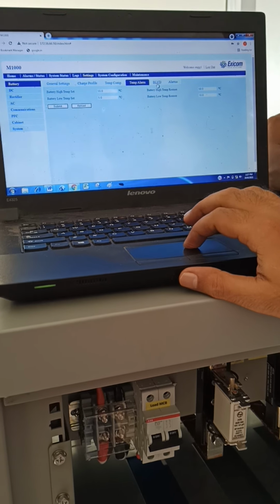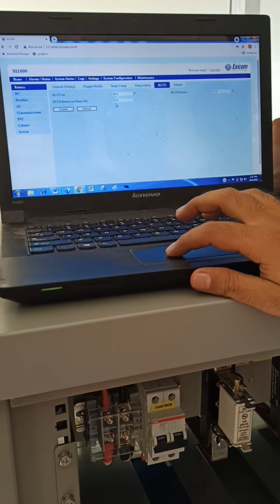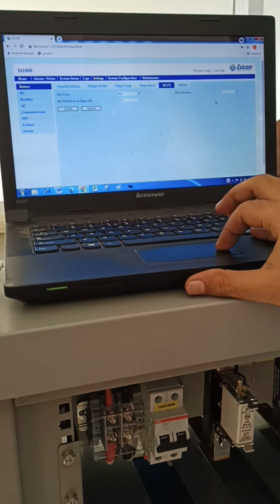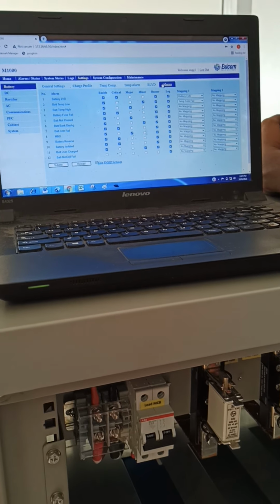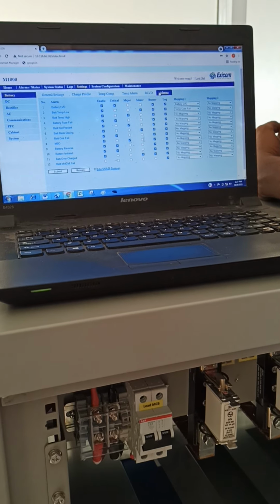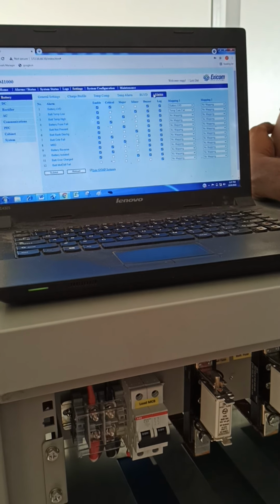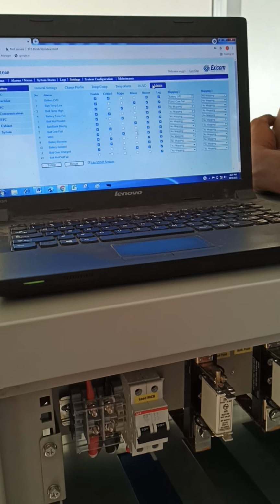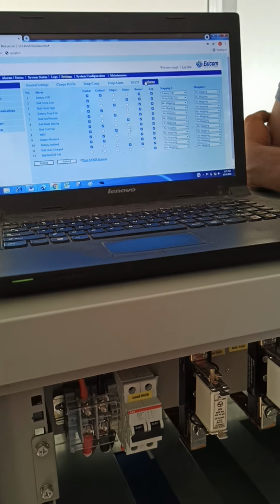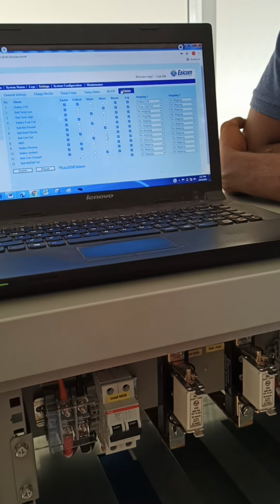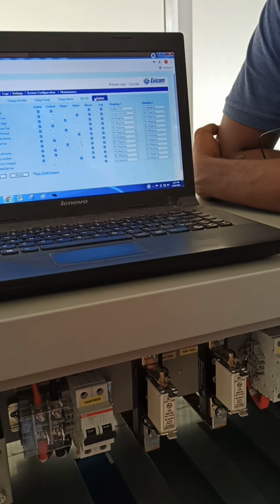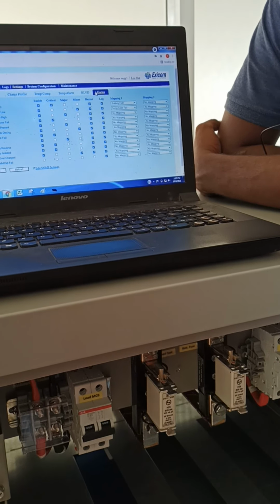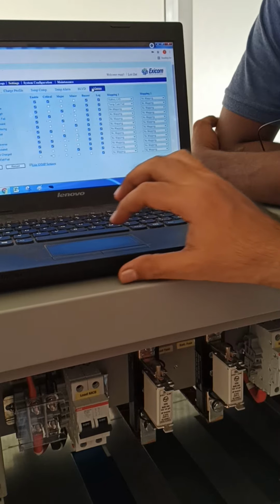Okay, BLVD setting 44, 55. These are standard settings, all given and mentioned here. We have to follow the settings from this. By default it will be with the unit. We need to print it and bring it to every site. This is an A4 paper where the customer will sign. The PDF has the standard settings. You need to print it, verify and write OK.